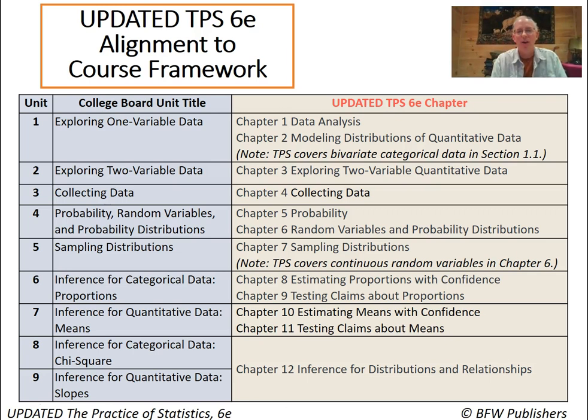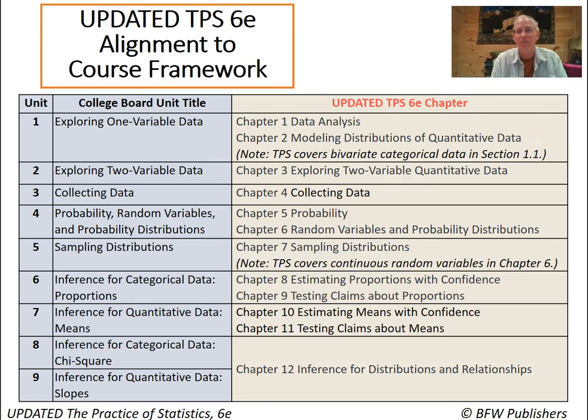Just so you're familiar with how the updated 6th edition matches the course framework, here's a matrix that shows you. College Board Framework Unit 1, Exploring One Variable Data, aligns nicely with Chapter 1 and Chapter 2 in updated TPS 6E. Unit 2 on Exploring Two Variable Data matches with Chapter 3, Exploring Two Variable Quantitative Data in TPS 6 updated, with the exception that we cover relationships between two categorical variables